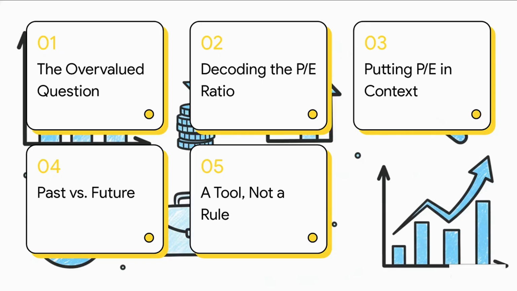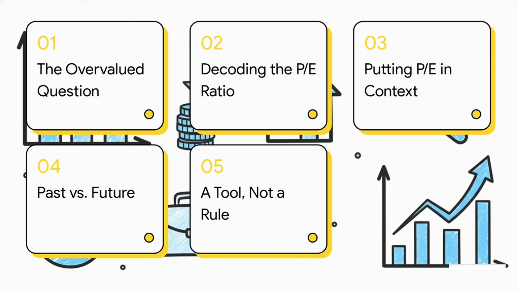To get to the bottom of that, here's how we're going to break it all down. We'll start with that big overvalued question. Then we'll really decode what the PE ratio is all about. After that, we'll talk about context, which is key. We'll look at past versus future numbers and wrap up by seeing this thing for what it is, a tool,